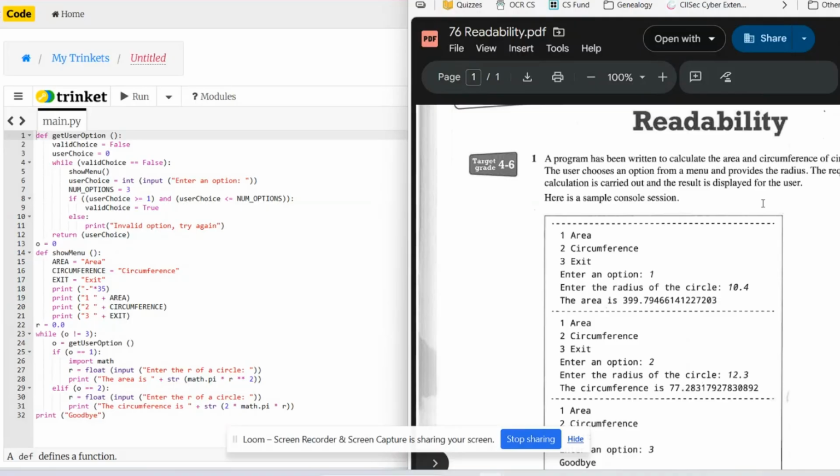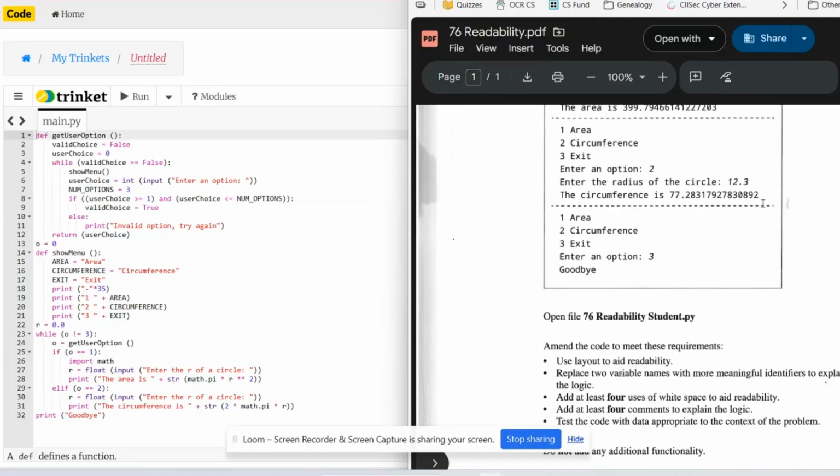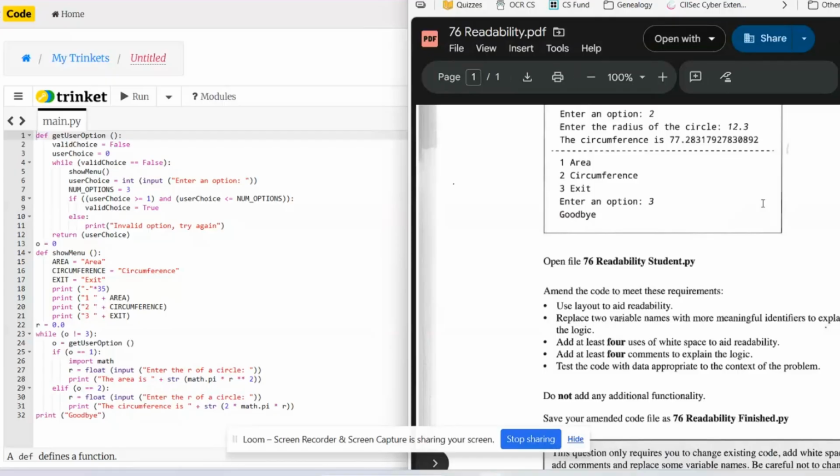This one's on readability. So you've got a program that calculates the radius of a circle, and it asks you to use the layout to improve the readability, to replace variable names with more meaningful identifiers, to at least add 4 spaces of white space, 4 comments, and to test the code to make sure it's working. So you've got a definition here, you've got another definition here, you've got another definition, you've then got a main